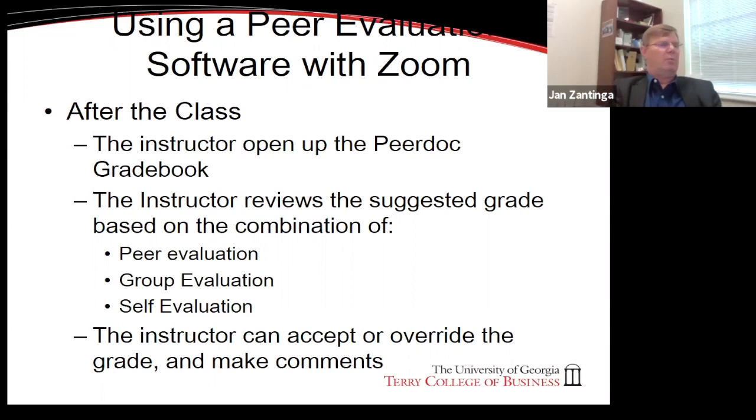Additionally, the gradebook will give a suggested score based on the group evaluation, and it will give the text from the self-evaluation.